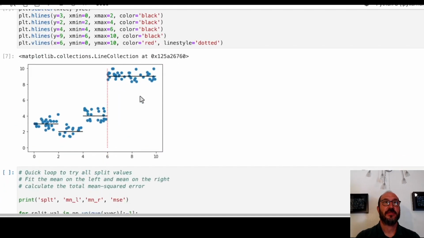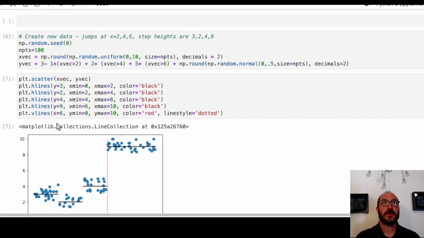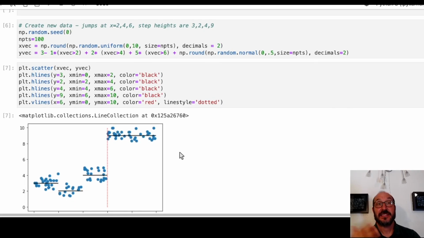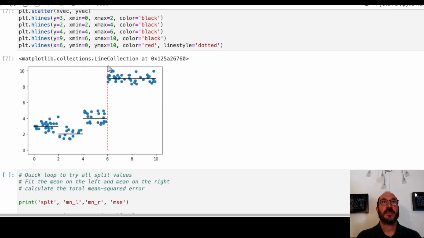And here you see we have 4 steps. We've got steps at 2, 4, and 6. Those are the cut points. And the 4 values are 3, 2, 4, and 9. And this is an example of where the greedy algorithm might run into trouble. Because suppose we wanted to just do a max depth 2 tree, so we want to have 4 leaves. You could see that the first